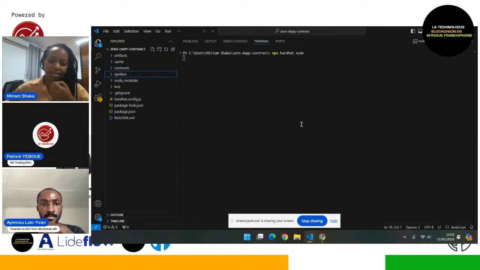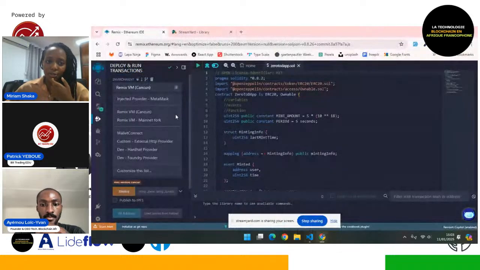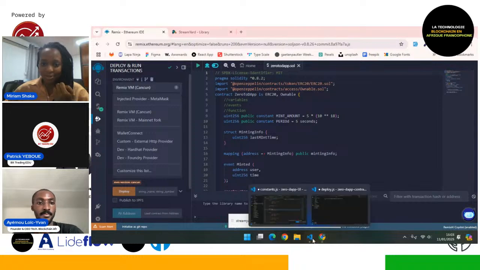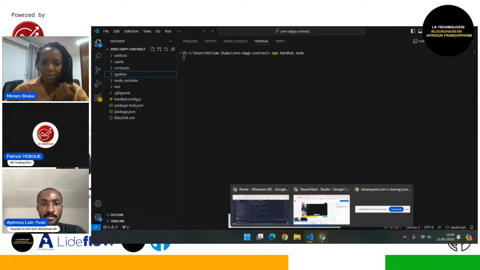It's documented, but one of the advantages we'll be using today is its local network, and here it is. I'm also running the test network, which we mentioned will be the Sepolia test network. Meanwhile, I'm waiting for our node to run, and since we're out of time, I'll keep on with